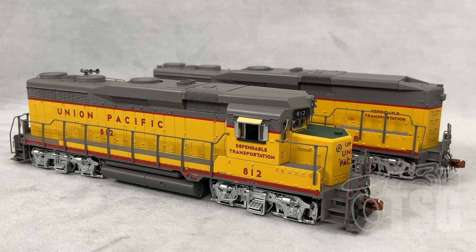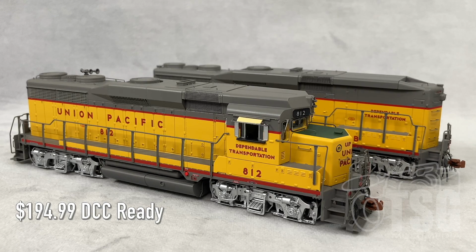Since these came to me as a set, I'm going to spotlight them as a set. These are available on ScaleTrains' website as DCC ready for $194.99, and they're available with DCC and sound installed for